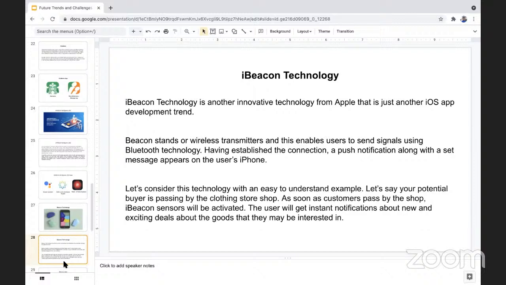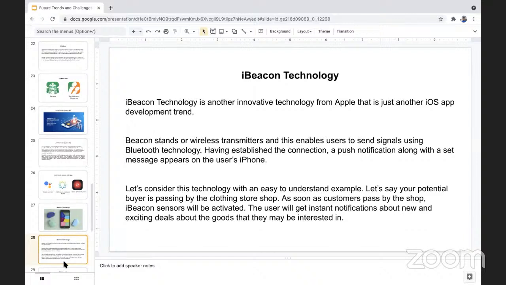Another example: if you go to any shops like Pastanko or Vivek, you'll see a lot of devices. For example, if you want to buy a TV or AC, the AC is attached with a beacon device. When you go near the AC, you will get